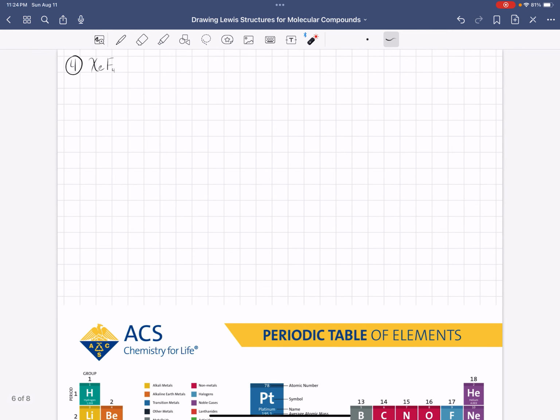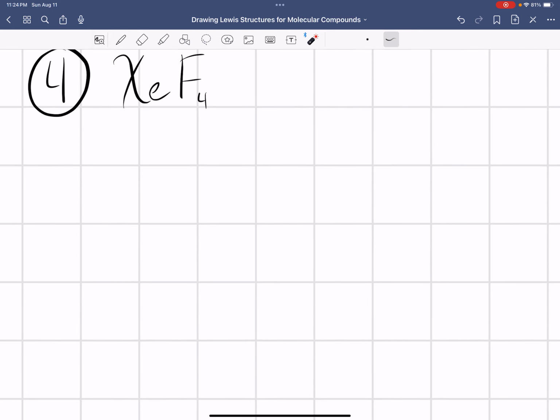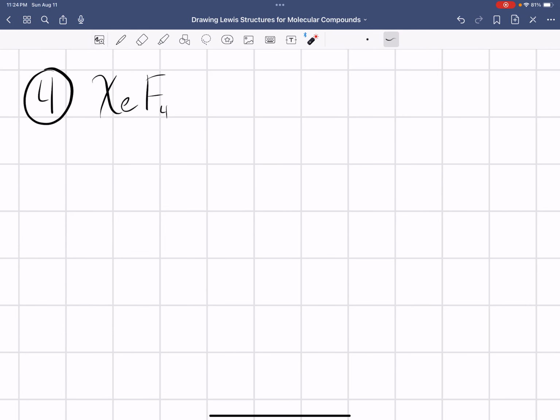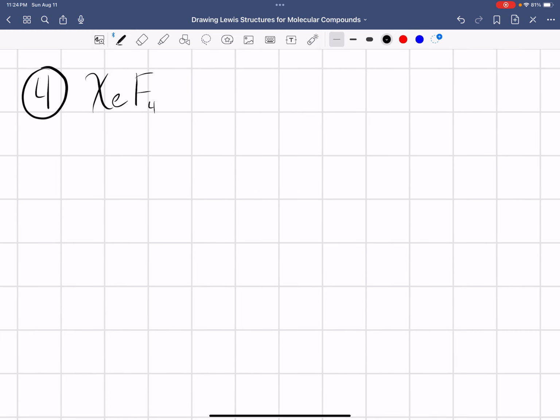On to the next example, number 4. So this one's a little bit special. You'll see why momentarily. So we have XeF4. Xe is a noble gas, xenon, and then F is fluorine. So xenon, when we're choosing the central atom here, we want to choose the least electronegative atom to be the